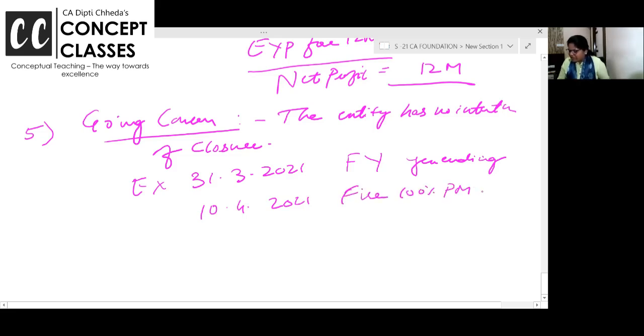100% plant and machinery is destroyed. बहुत major fire हुआ factory में. बहुत plant and machinery जल गया. अब वो insurance से when you will get the claim and revive your business, you are deciding to close the